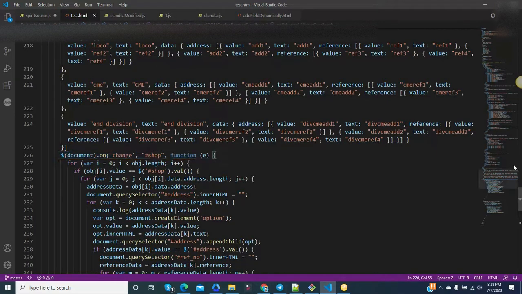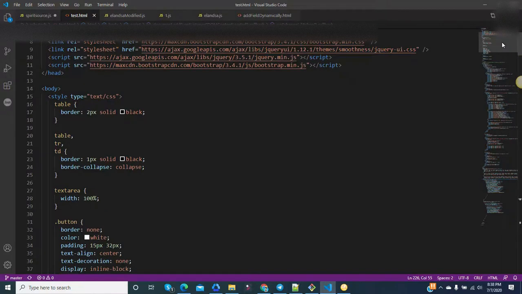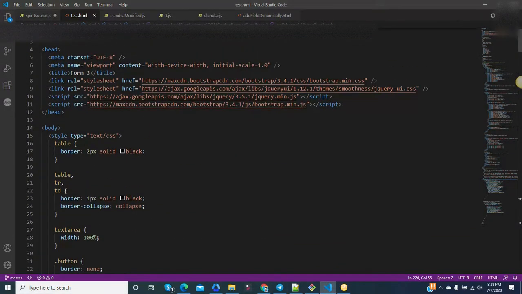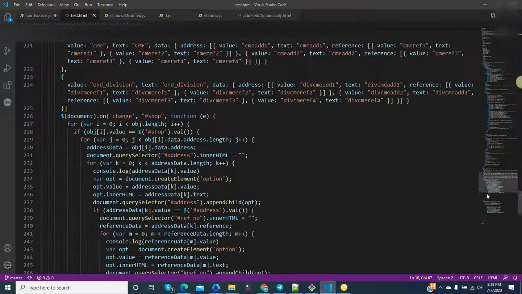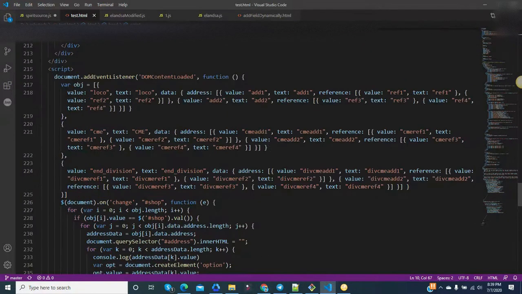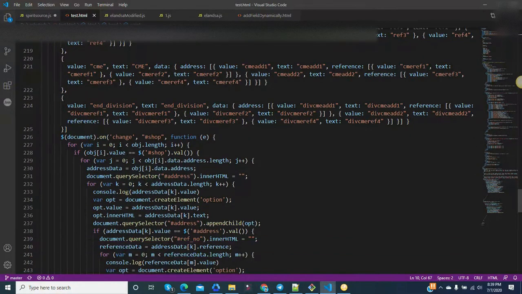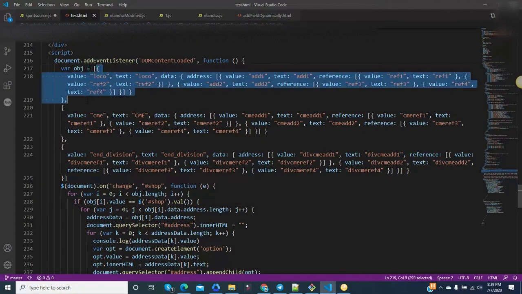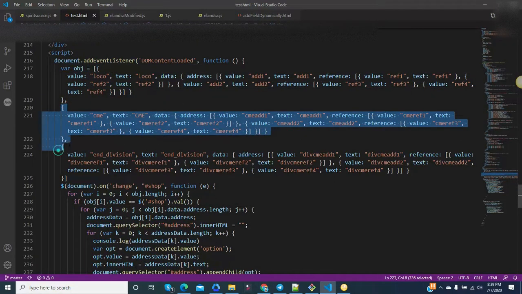So this object is defined, and now on the change method we are using jQuery here. Since you have included jQuery, this code is working, otherwise it will not work. Here you can see i equals 0, just a loop. Through the loop we get this value, then this value, then this value.